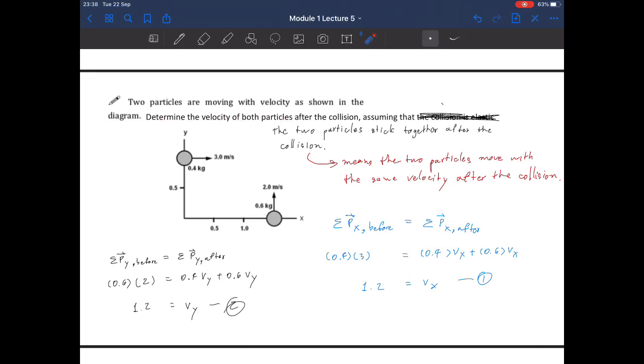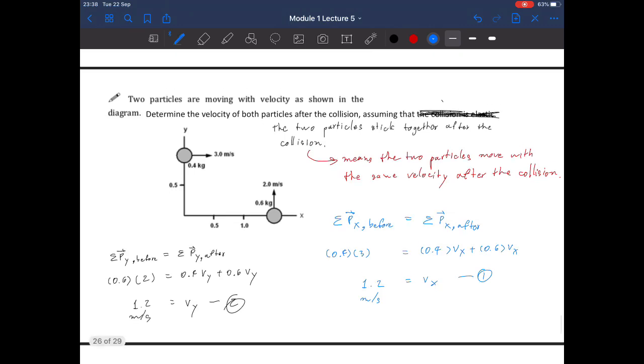Now the question asks you to determine the velocity of both particles. So because both particles have the same velocity, now we can say that after the collision, the velocity of both masses in the y direction is 1.2 meter per second, and the velocity in the x direction of both particles will become 1.2 meter per second as well, and that is the answer to this question. Okay,